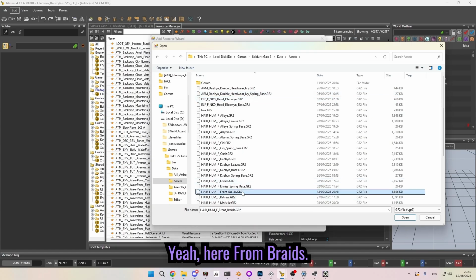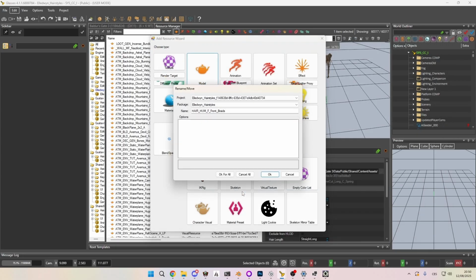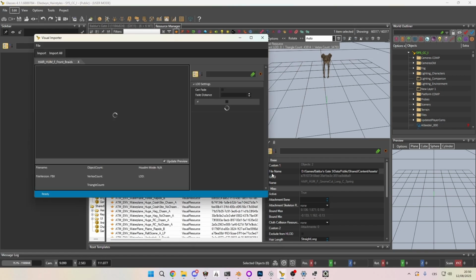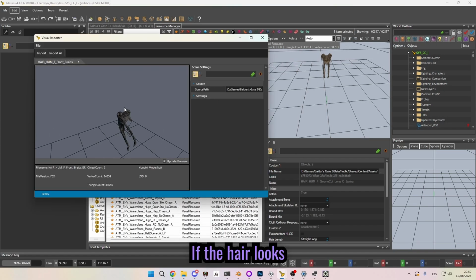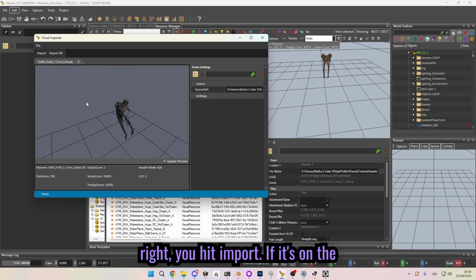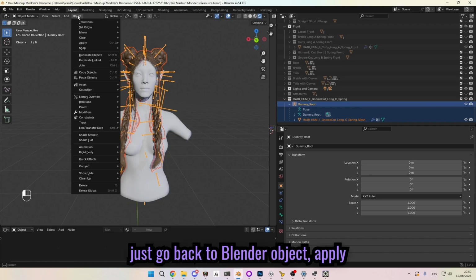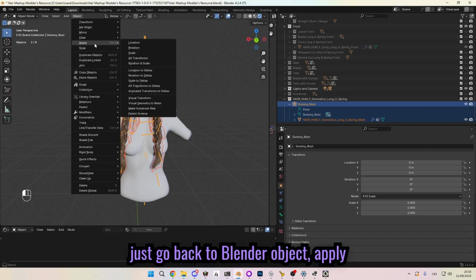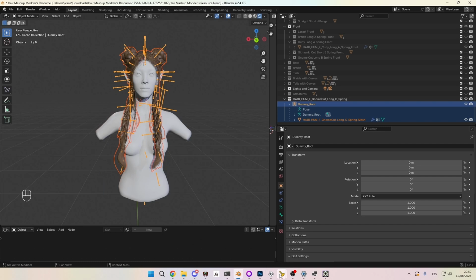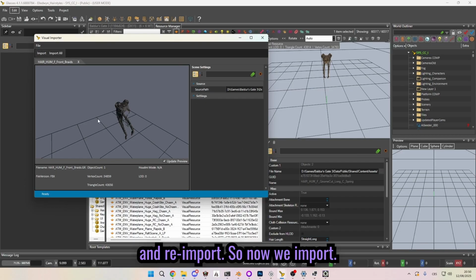Yeah, here, front braids. And click OK. If the hair looks right, you hit import. If it's on the floor, you forgot to apply the transforms, so just go back to Blender, Object, Apply All Transforms, and re-import. So now we import,